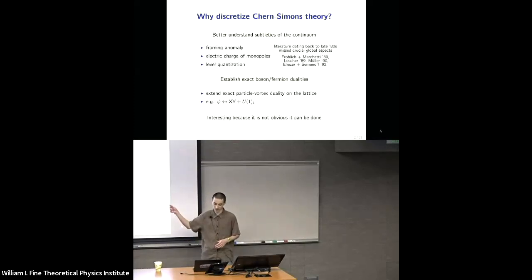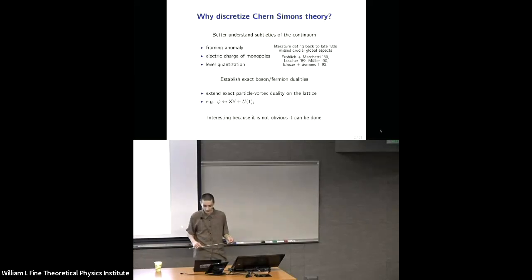We're not the first people to think about Chern-Simons theory on the lattice. There's a literature that dates back to the late 80s. But most of this literature basically ignored global aspects of the theory, and in our opinion, these are the most interesting features. This is a theory which has no local dynamics, so the global aspects are basically all that's there. We really want to distinguish the fact that we're doing U1 Chern-Simons theory and not R Chern-Simons theory, for